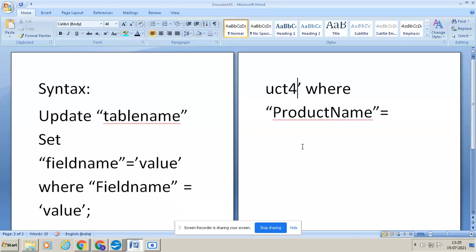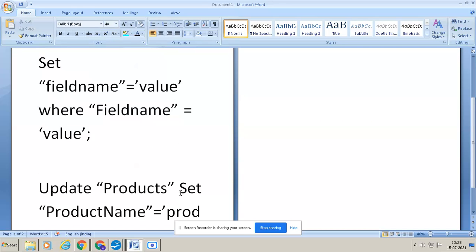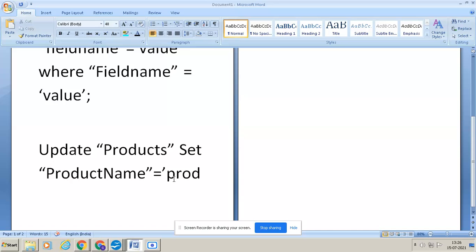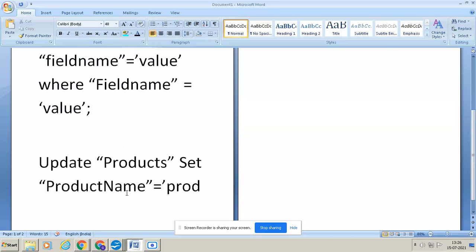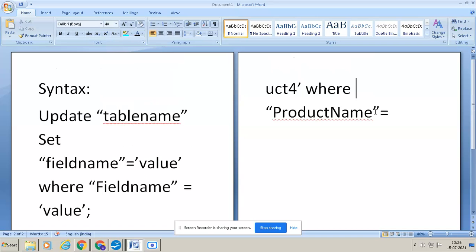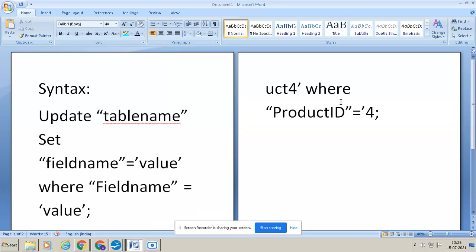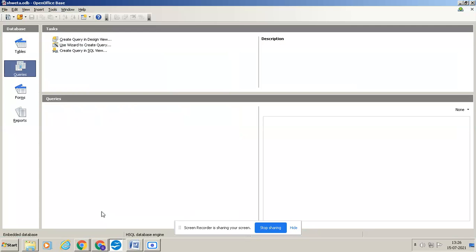So I'll write update products, that is the table name, set product name is equal to product 4, because I want to change ABC to product 4. What you want to change, you write in product name. Where is it present? It is present in product ID, in the fourth row. So you write this in single quote. Always write the values in single quote. So now I'll write the same thing in the query.